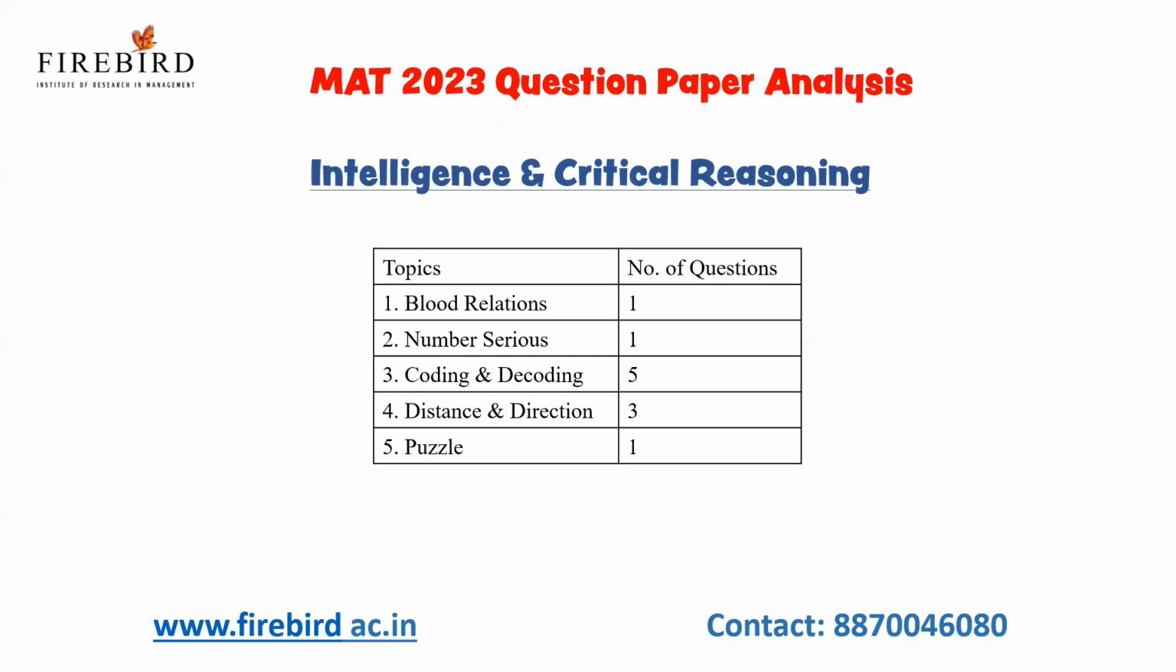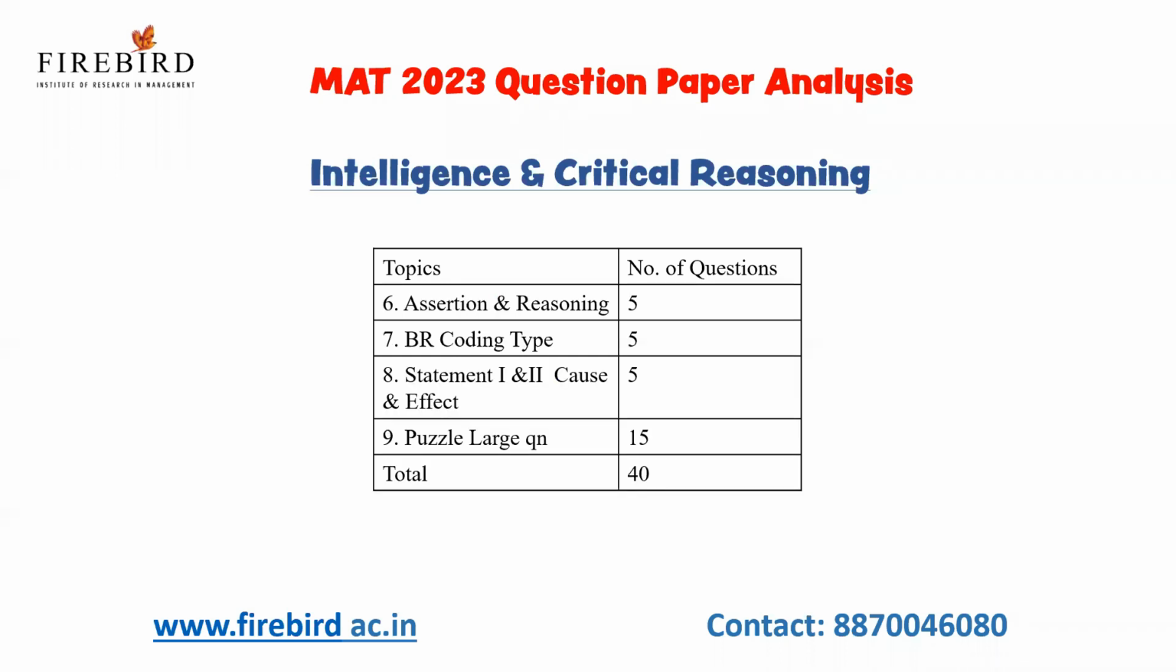And also see, you can find some questions based on number series, assertion and reasoning, statement cause and effect, and then puzzle type. One large puzzle type question was asked in the Feb MAT question paper. Okay, so to crack intelligence and critical reasoning with a minimum of 15 marks, you have to go through the topics like,